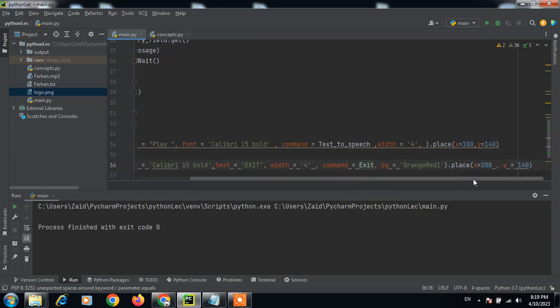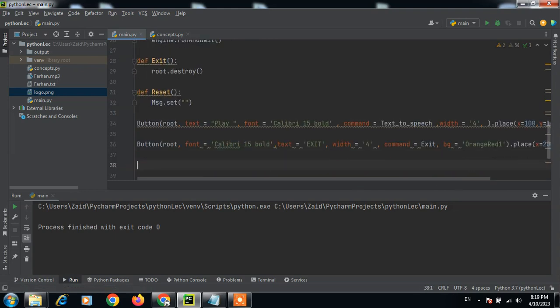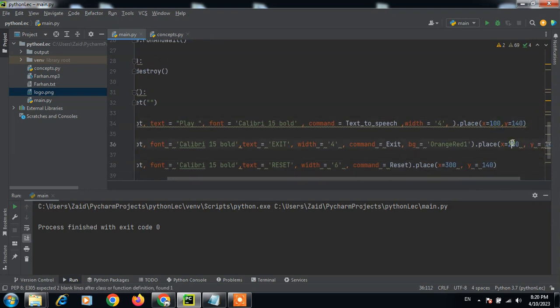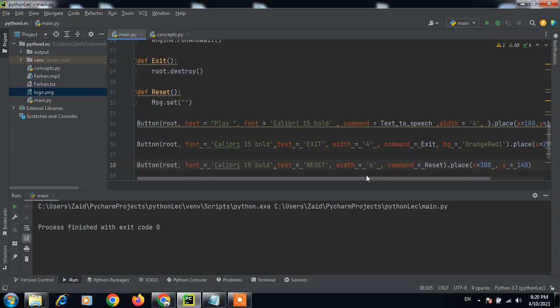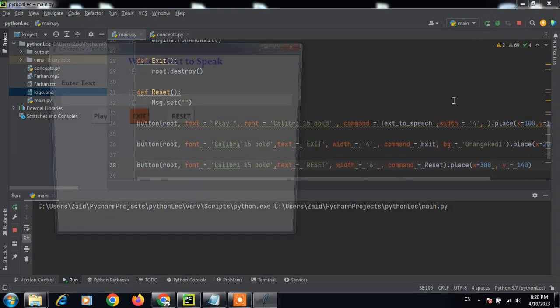Now let's make another button for reset. I want Calibri here also. This button will reset the code, and I'm putting these buttons at x 100, 200 and 300. So they will be apart from each other, and y will be the same, so they are all in the same line. So let's check it. Right,